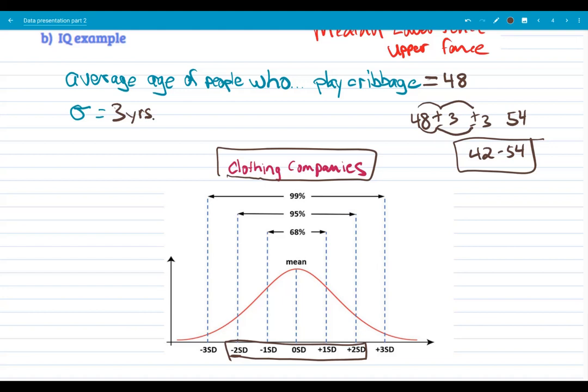Now, if you're Levi Strauss and you're making jeans, maybe what you're going to do is say, we're going to make clothing for these people here. That way, we're going to get 95% of the people will be able to buy our clothes. The smallest jean size might be 28 inches. The biggest might be 48. So if a person has a 58 or 60-inch waist, they may not be able to go to Levi Strauss